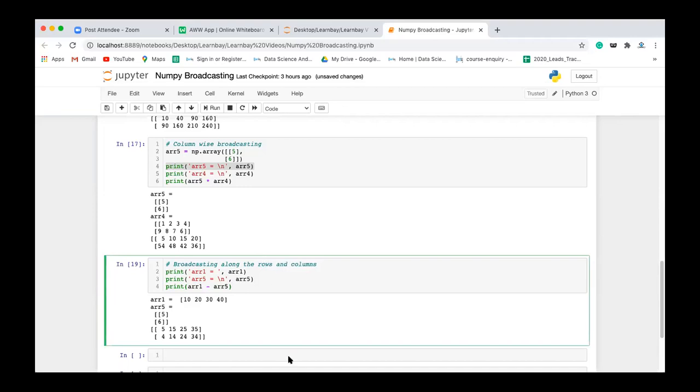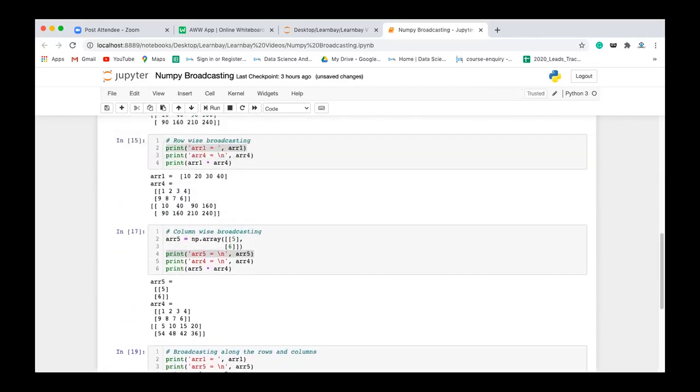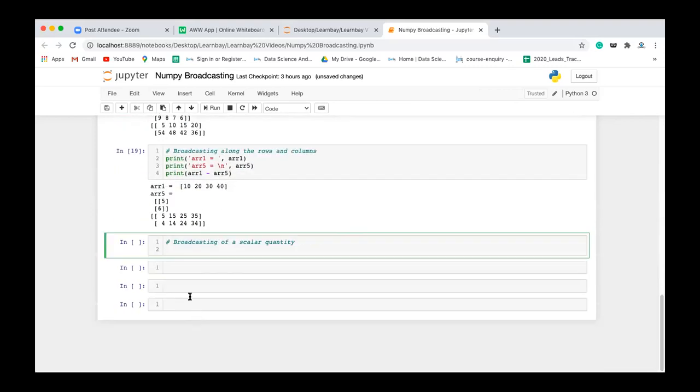Okay. Now broadcasting of a scalar quantity. Okay, so let's say you have a multi-dimensional array. Let's take array 6.